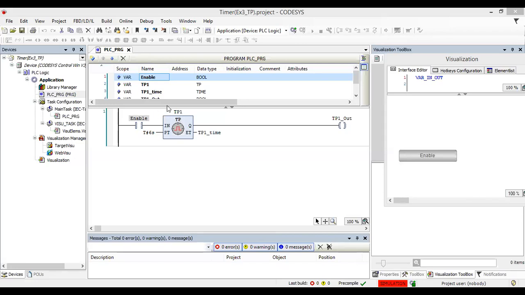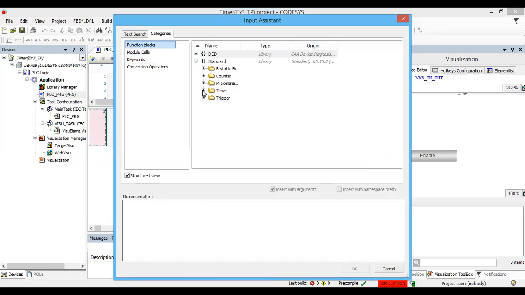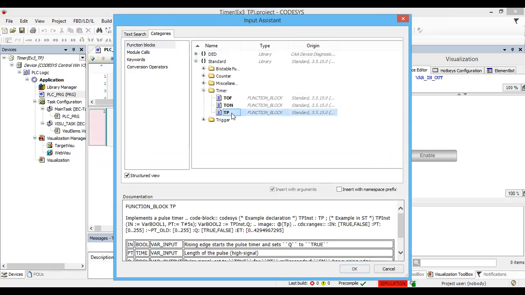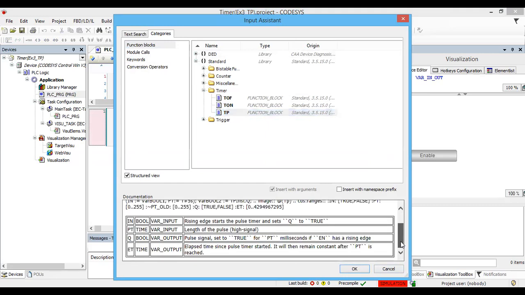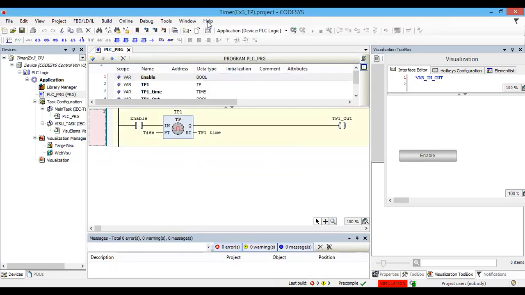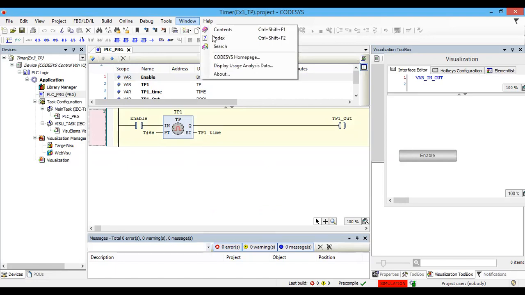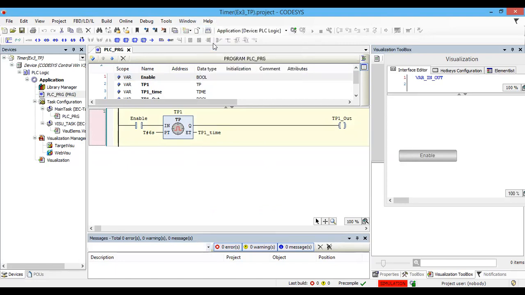Here I have this TP timer. I'll show you how to insert this one. Go here, select insert box, and go to standard timer and TP, right? If you wish to see how this works, you can see this variable type. And if you want to look at any type of timer, just go to help, search